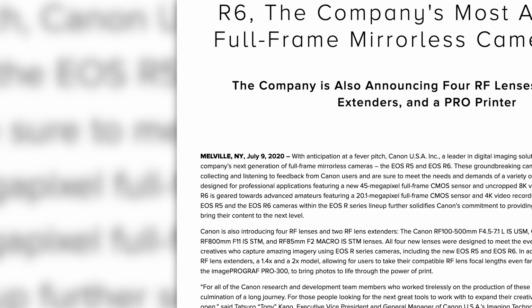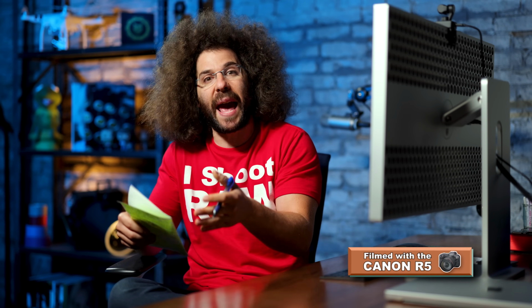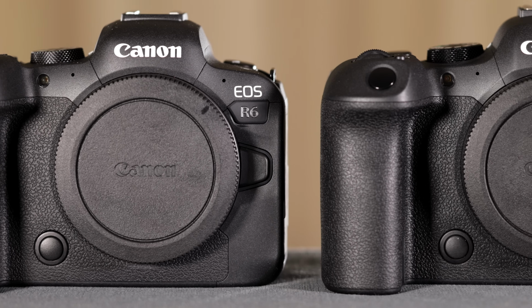Now, it's only been just over 2 years since Canon put out the R5 and the R6, and this is kind of unique and different for Canon to put out what we like to say is a mid-level refresh, because after you hear all of the specs, you're gonna see why we're calling it a mid-level refresh. Kind of similar to what Nikon always did by putting out, say, a D3 and then a D3S. They just added an S to the end of it and made some subtle tweaks, and instead of Canon taking 4 or 5 years to put out a new body, they decided to do the mid-level refresh of this R6